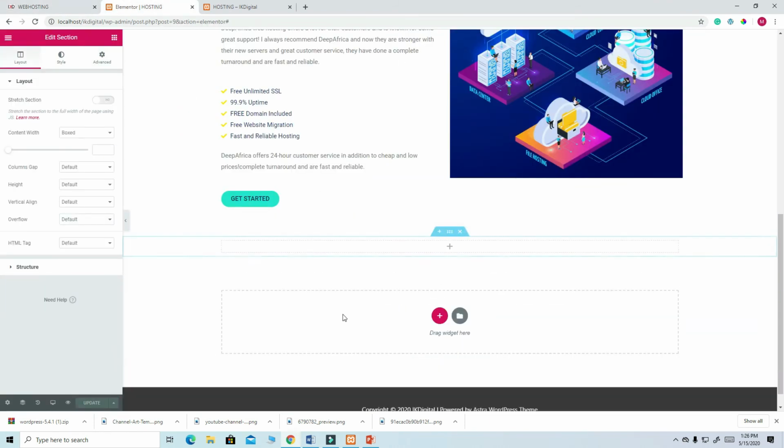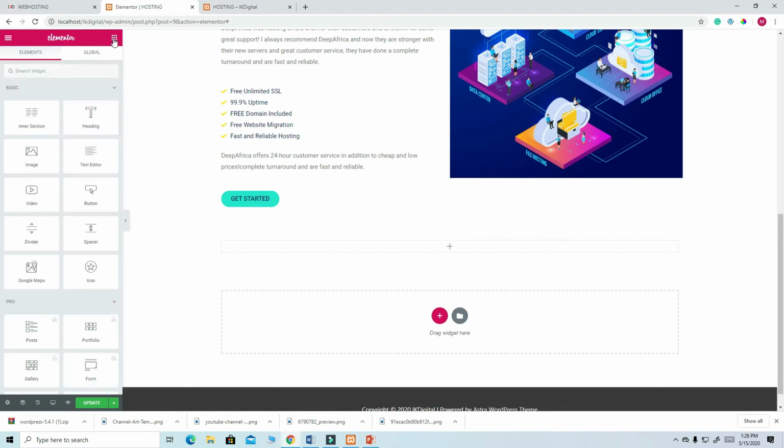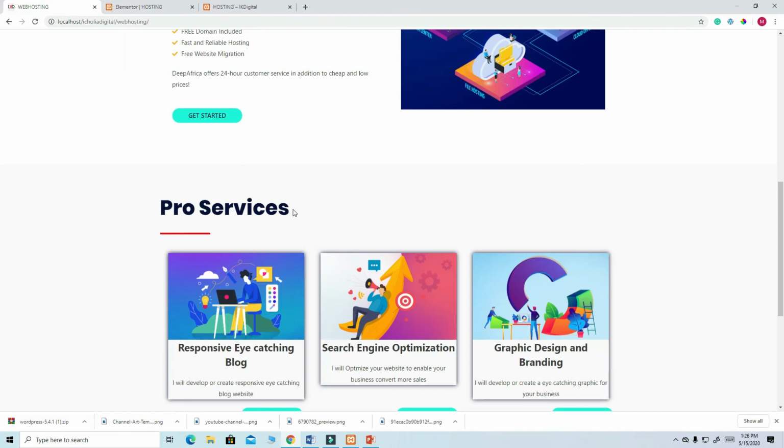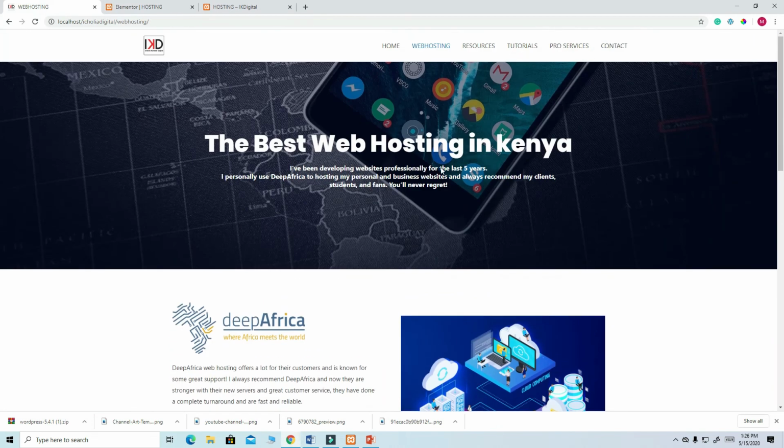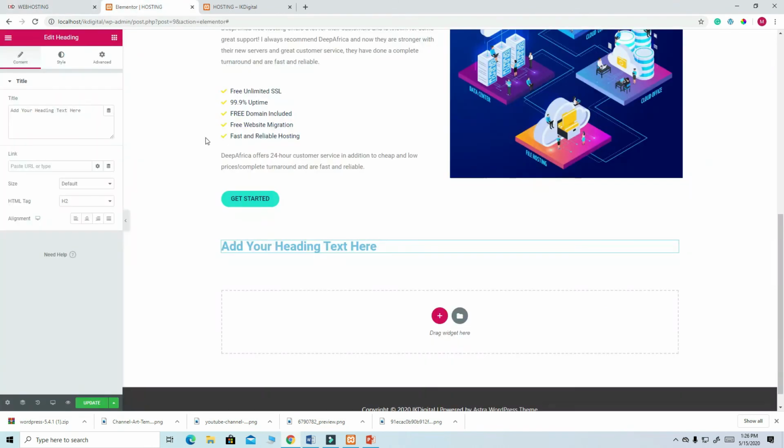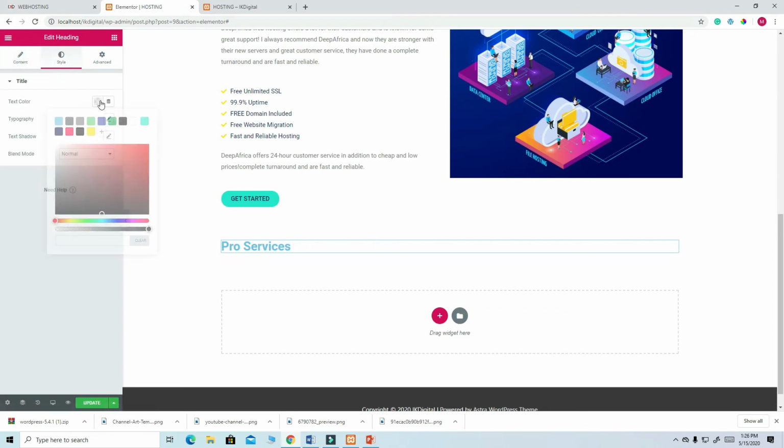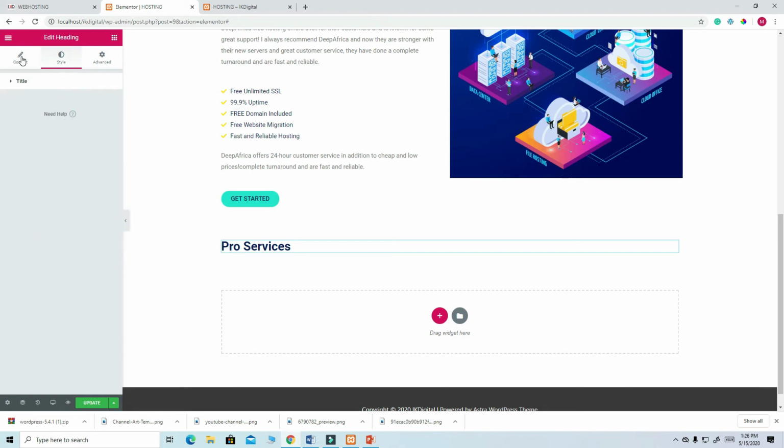We click here, select one, and then here we just text, then we copy, click here, we type, paste here, pro surfaces, select our color, this one,